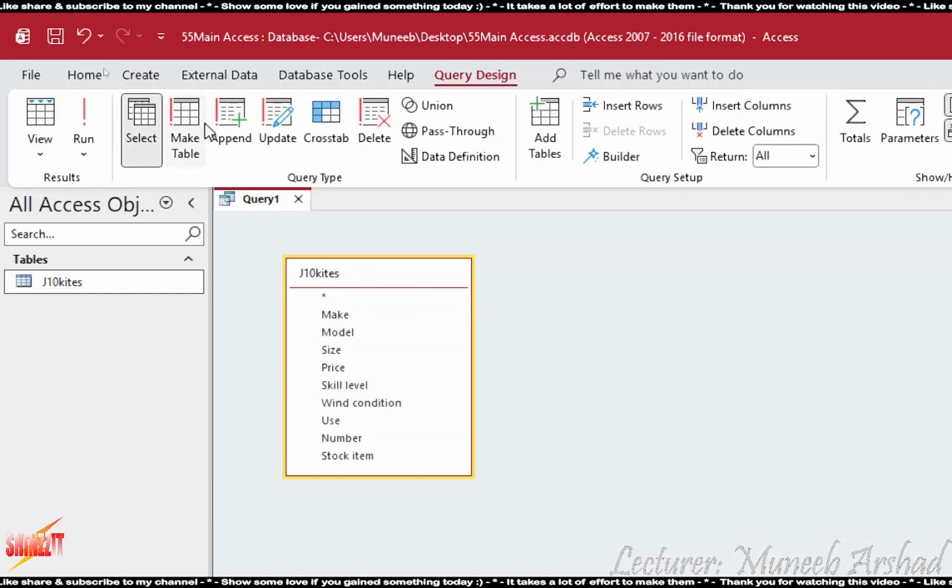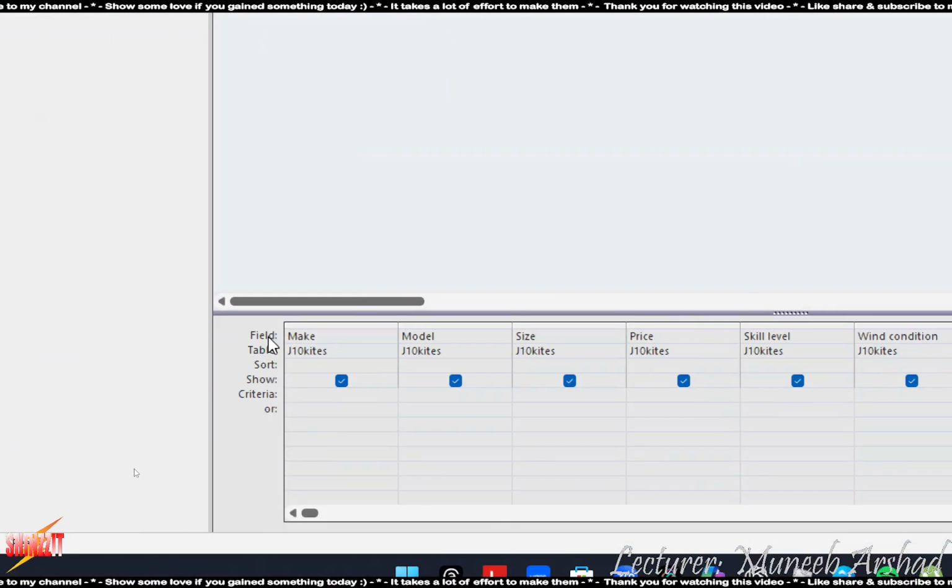Come back to your design view. The first row represents the fields added. The name of the field is going to come here. Any field that you add is going to come here in the first row. Second row, table. ये particular field किस table से belong करती है? Right now we are dealing with just one table. ठीक है ना? You will come across scenarios in which you have multiple tables. So किस table से belong करती है? यहाँ पे show.